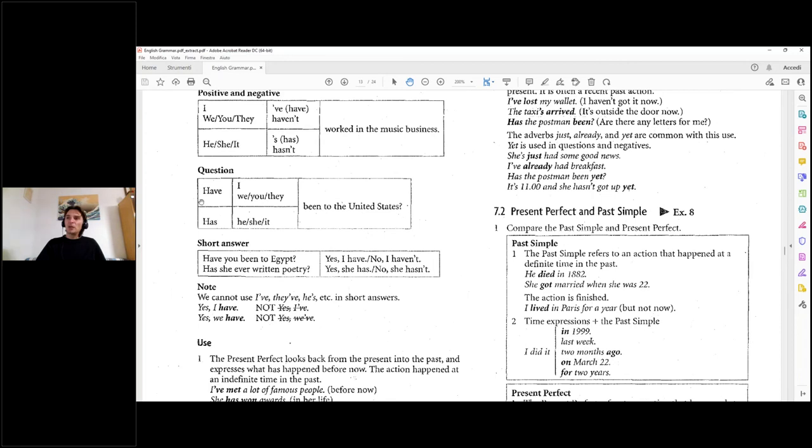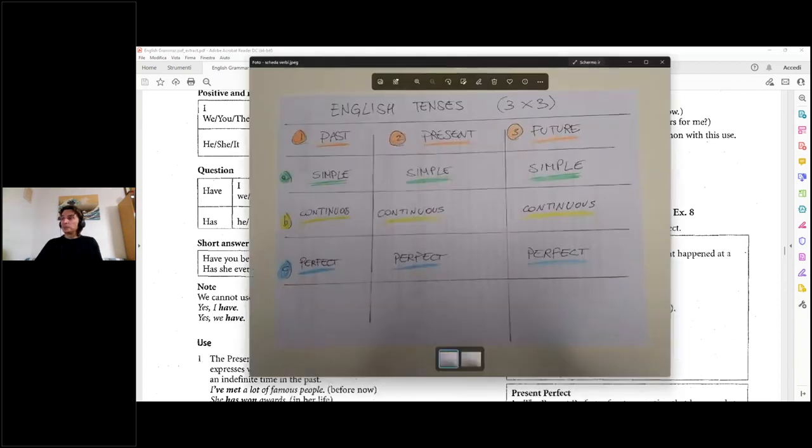How do we ask questions? We don't need the auxiliary do. We can just say: have I, have we, you, they been to the United States? So, have you been to the United States? The only thing I want you to notice here is that when I compare Italian and English on this part, some confusion may arise. Quindi se io faccio un paragone tra l'italiano e l'inglese, qui ho un po' di problemi,